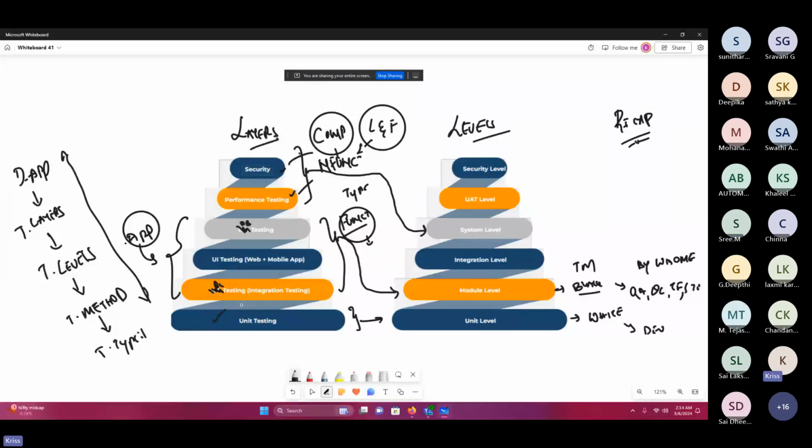This would be tested at the unit level, and the methodology it belongs to is white box methodology, and it will be performed by the developers. This we discussed, and all these things would be part of functional testing, and this is where it comes to the module level. Now we need to talk in detail about what the module level, integration level, system level,